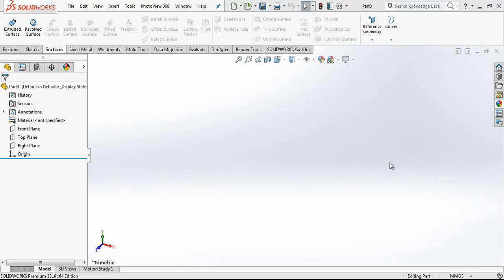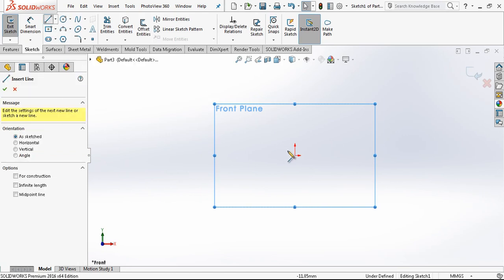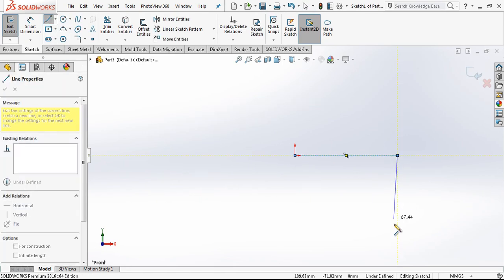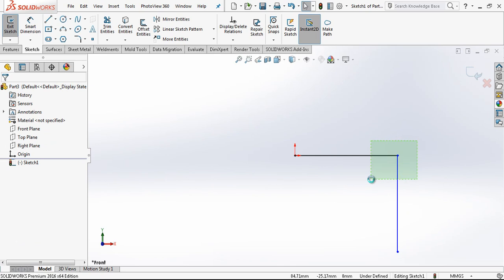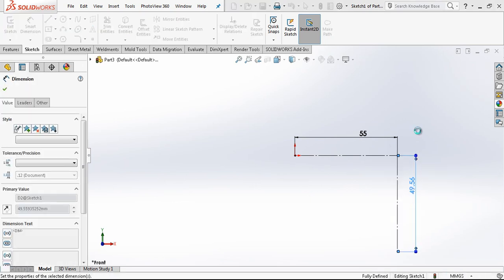In this video we are going to be modeling a nice surface example. Let's start. In the front plane I'm opening a sketch. As always, we create a construction line, 55 by 85 millimeter,